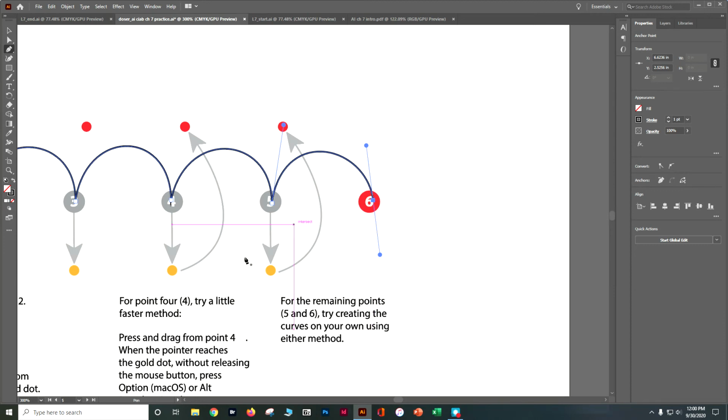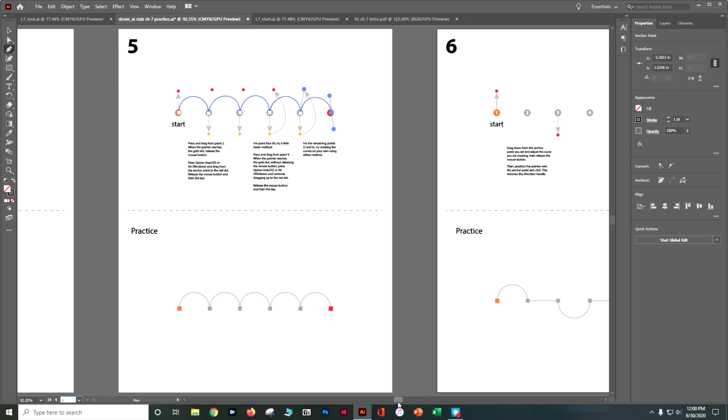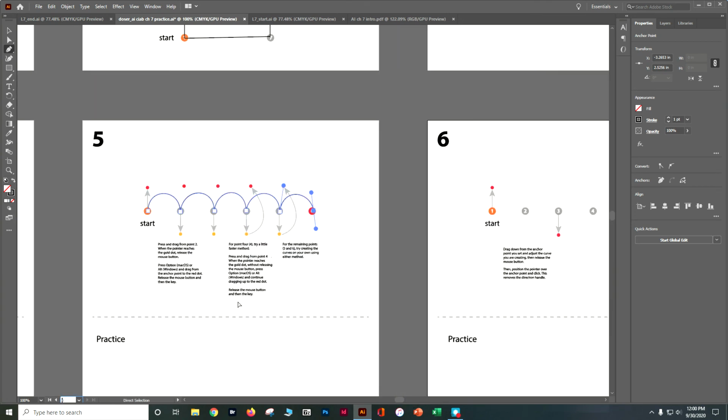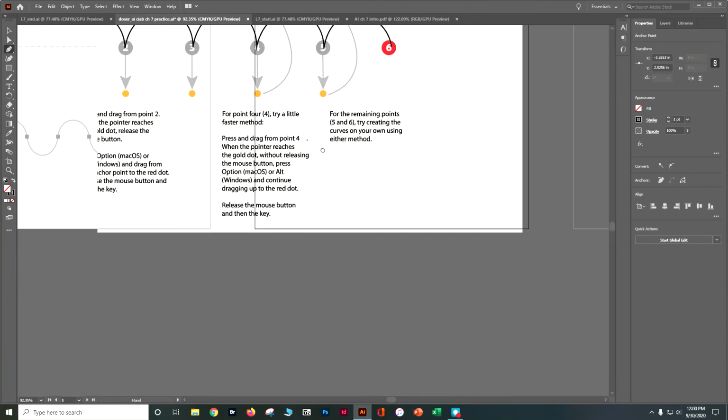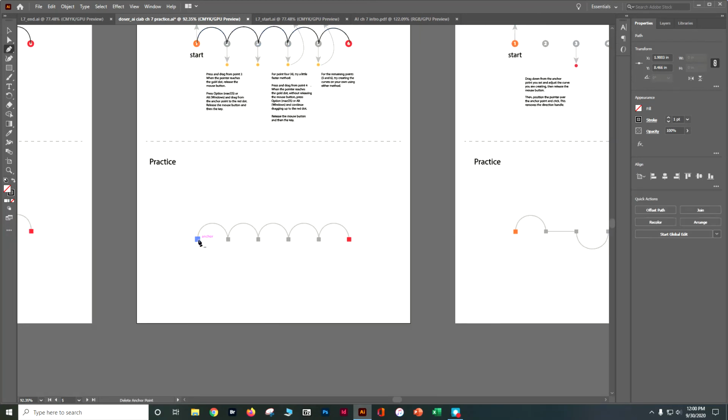So now for the next practice session, we want to combine some straight and some curved lines. Oh, well, we don't. We want to go back down here and practice 5 one more time. So I'm going to hit my space bar, go down here. All right, so I'm going to drag up,